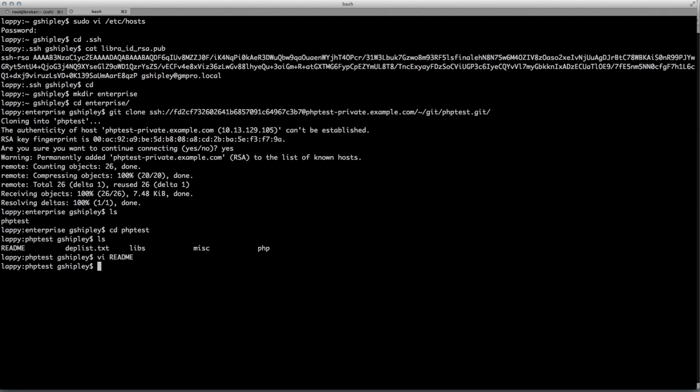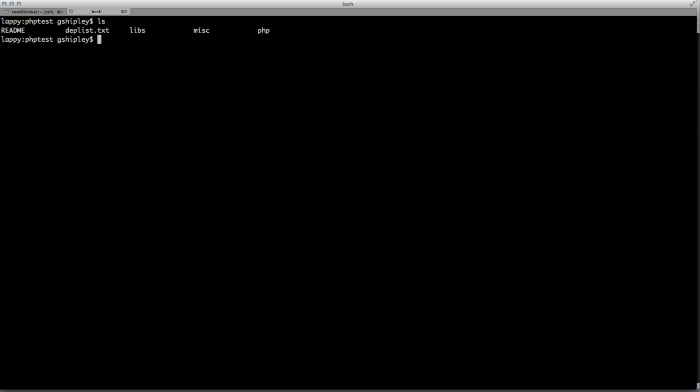A couple things to note here. Let me just clear my screen and get a fresh look here. We have the README file, which we just looked at. We have the deplist.txt file. That is where PHP developers can include any third-party dependencies that they may have for their application, whether that's a